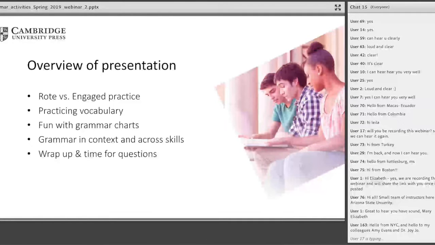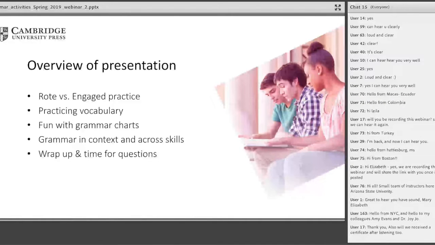That might sound like an impossible task, but hopefully at the end of this presentation, you'll have some ideas that you can do with grammar charts that would be fun. Then we'll also look at grammar in context and across a range of skills. I think it's really important for us to think about all the different skills and ways that we can use grammar. And then we'll wrap up with an overview again, reviewing some things very quickly, and then have some time